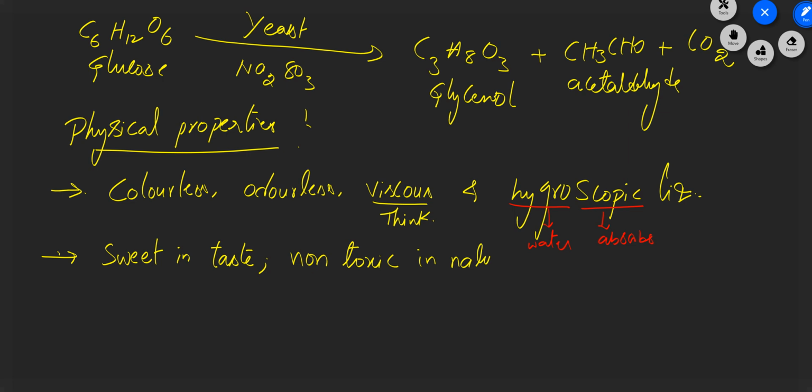The next one is boiling point. The boiling point of glycerol is high due to the formation of intermolecular hydrogen bonds. 563 Kelvin or 573 Kelvin is the boiling point of glycerol. That is nearly 190 degrees Celsius, 573 means nearly 197 or 193 degrees Celsius. Why is it showing that? Due to